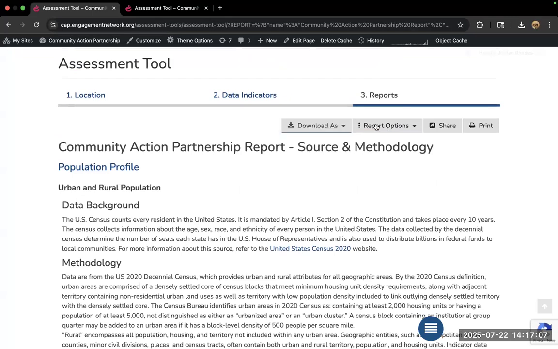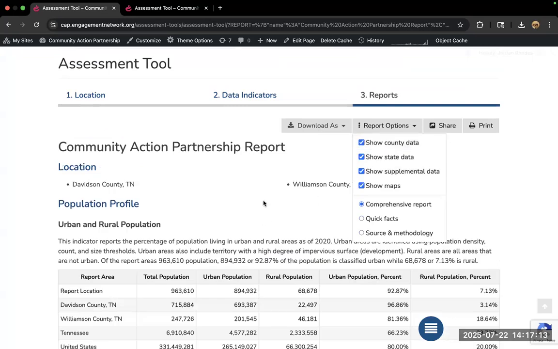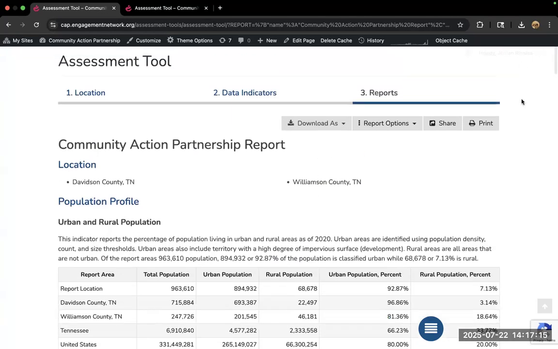And so for now, I'm going to pop us right back to our comprehensive report by clicking Report Options, Comprehensive Report. And there we go. We are right back. And so I'm going to check our chat really quickly to make sure. Where did the data come from? And let's see, it looks like, okay, Terry, you'd responded a little bit. I can talk a lot more about this.